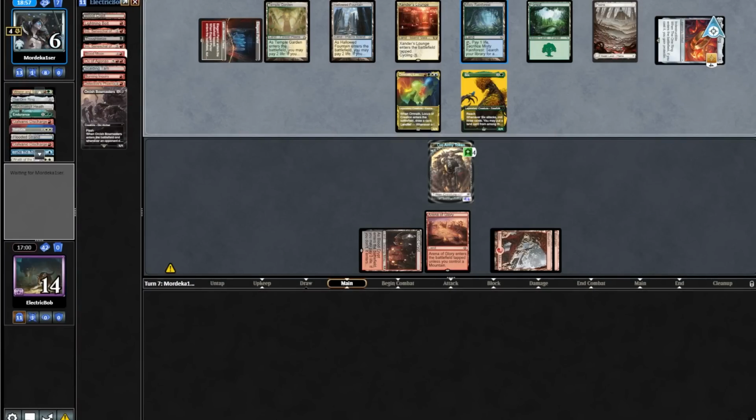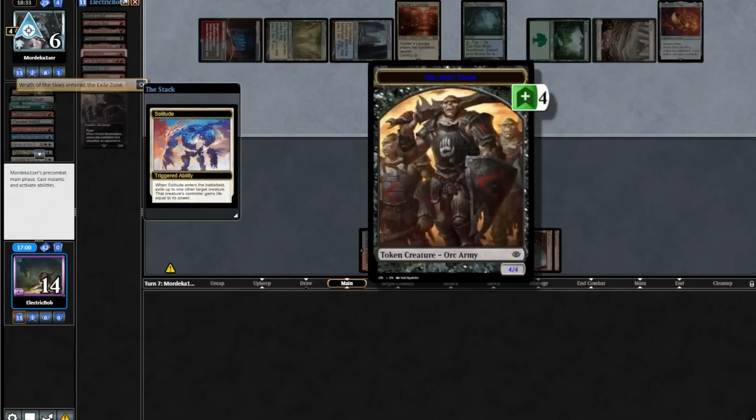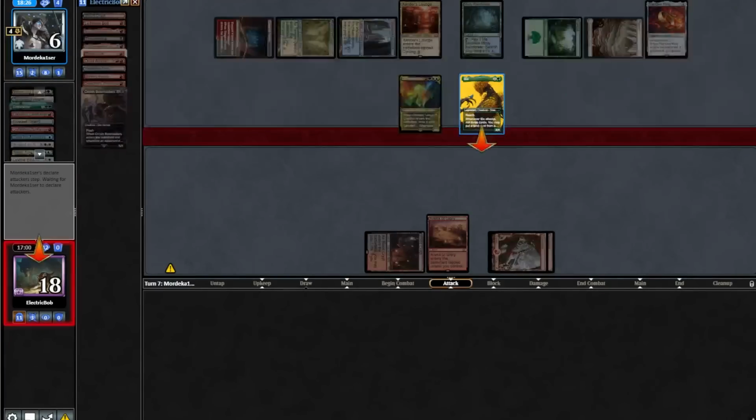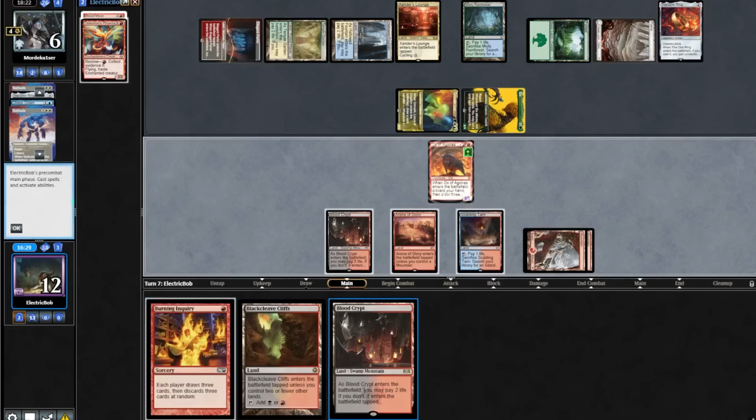Then they play out Misty, gaining 4, drawing 4. They cast out another One Ring. Then they evoke out a Solitude, taking out our army, we gain 4, then attack in for 6. We draw a land, play that out, cast our Ox of Agonis, and we find a Burn Inquiry 2 lands,